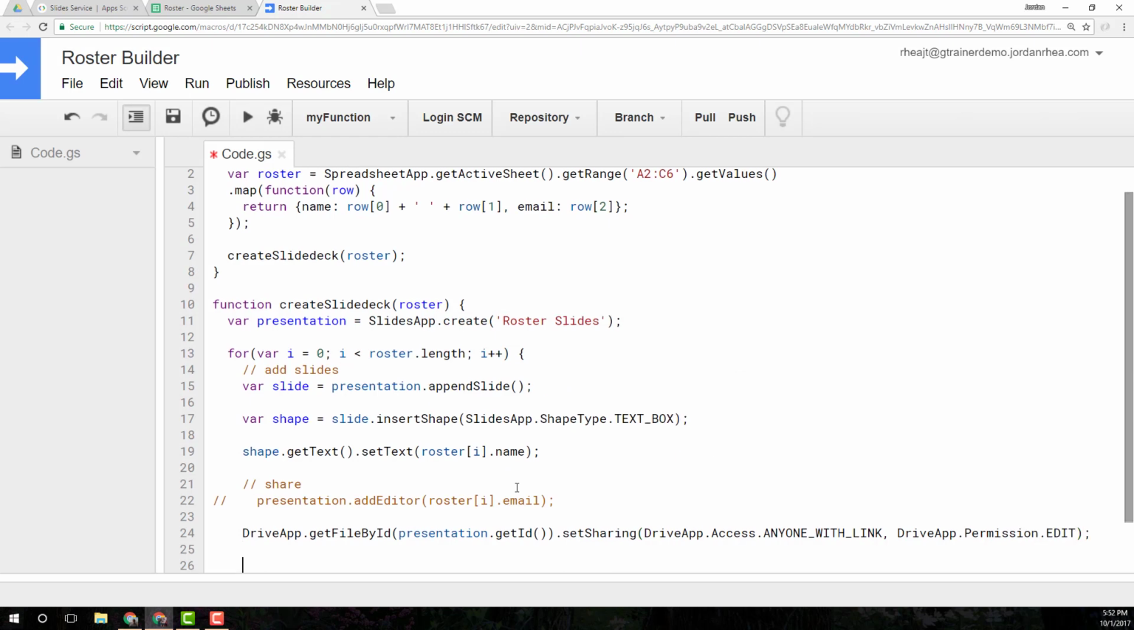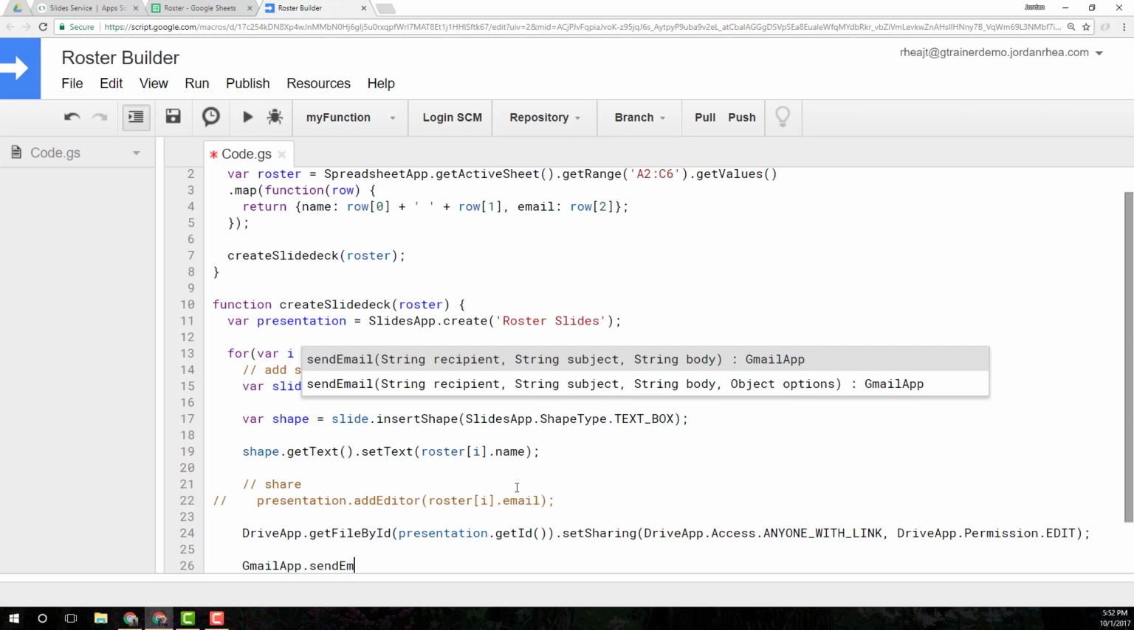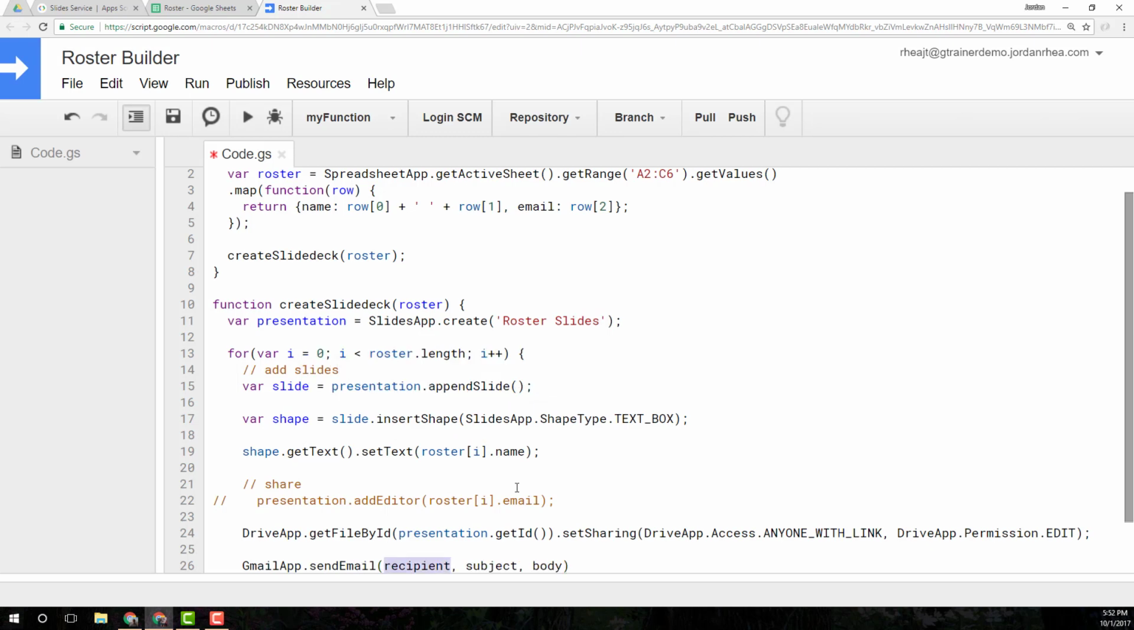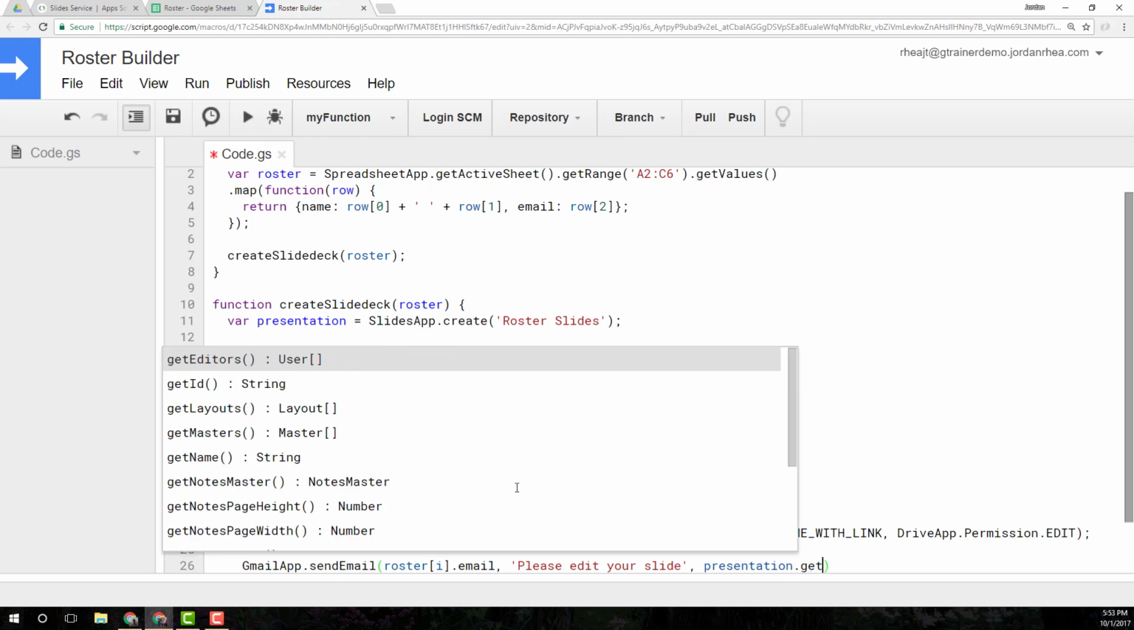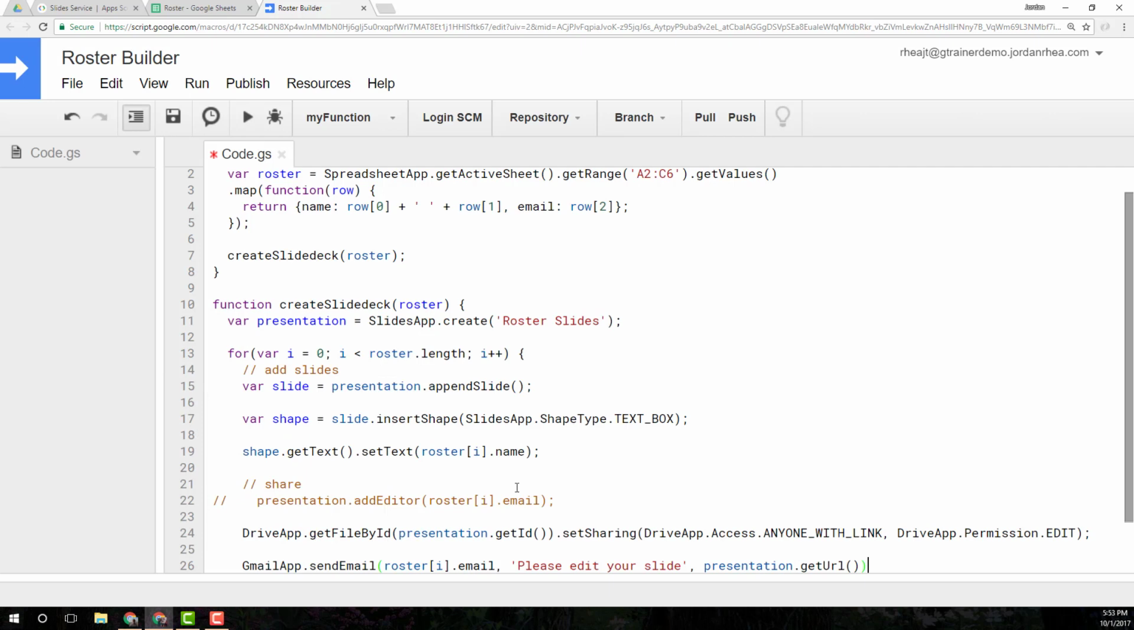Okay, that's a good way to share that so that everybody can edit it, but then we've got to make sure that they all get that URL, and we don't want to have to send each of them individual emails, so we're going to go ahead and call the GmailApp and we are going to send email, and we're going to send the email to roster with that index.email, give it the subject of please edit your slide. And then the body, we want it to be the URL, which is going to be presentation.getUrl. And just like that,